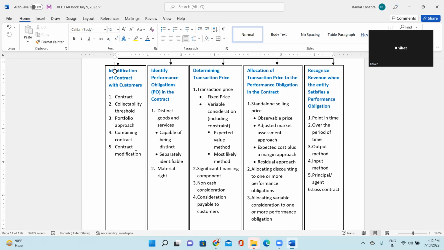If, for example, you do not sell those things individually in the market, like a car along with the warranty, right? You will give the warranty only if somebody buys the car from you, like the original warranty, right? Otherwise, why would you give a warranty if no one is buying a car from you? Make sense?